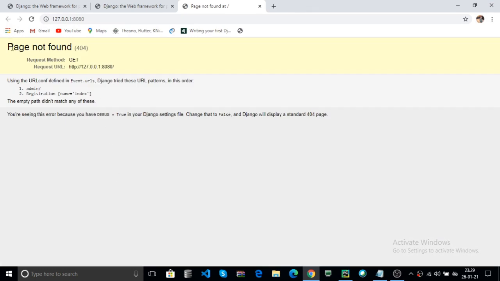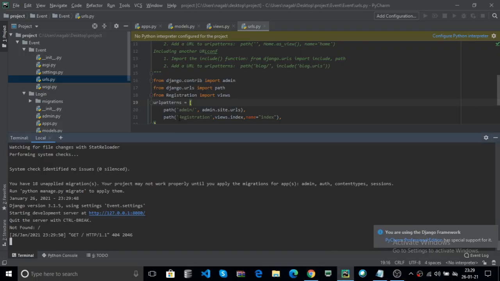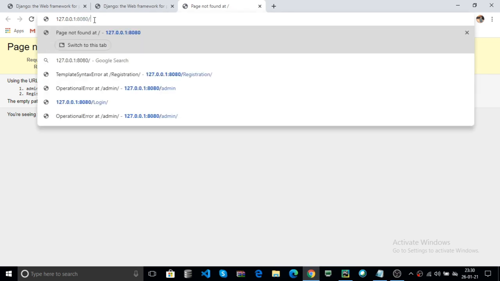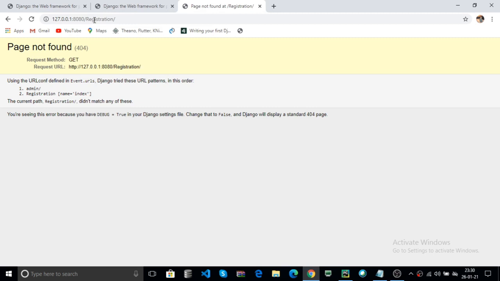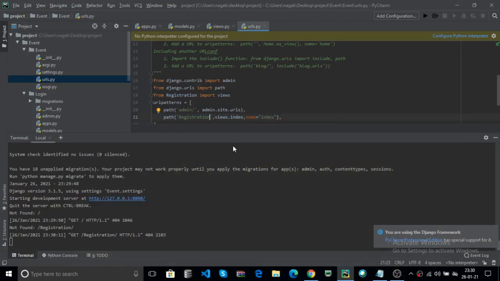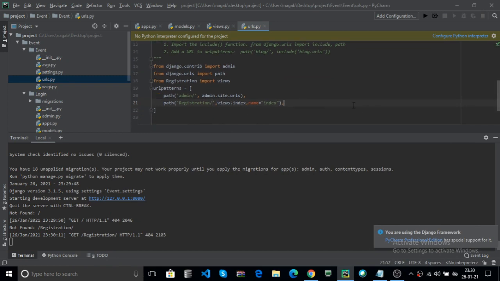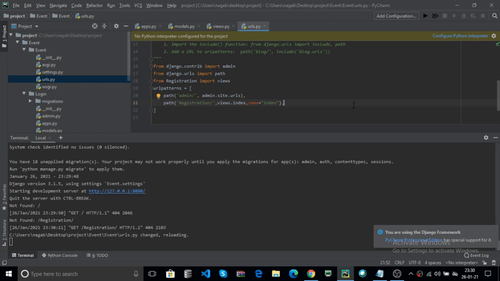Here this is the main page. Now what is the path? Here your path is registration after the 8080. Use registration with a slash, and save your file.